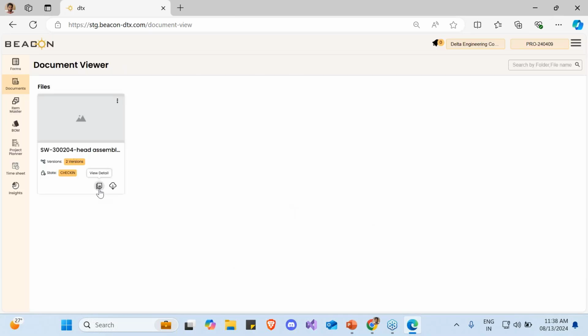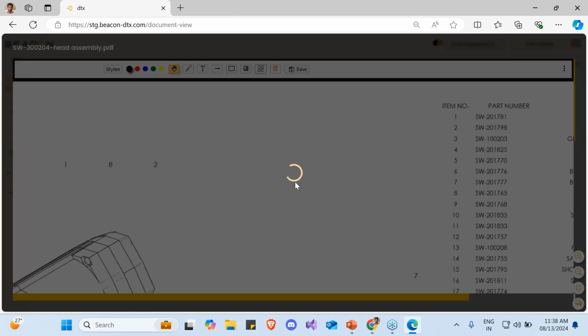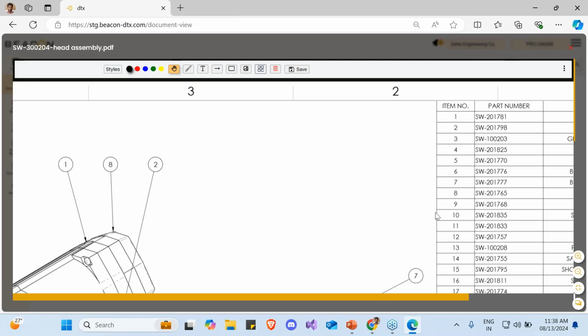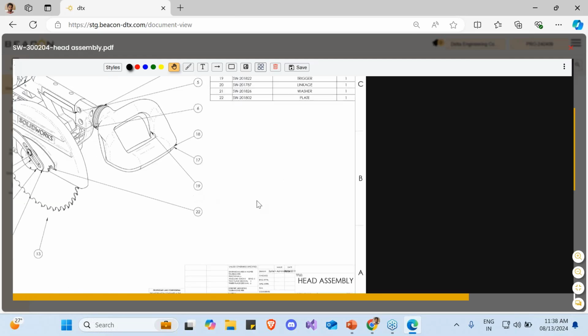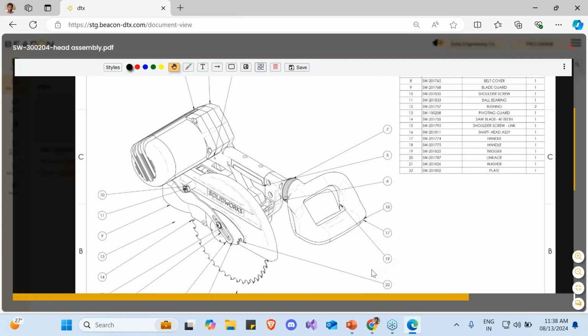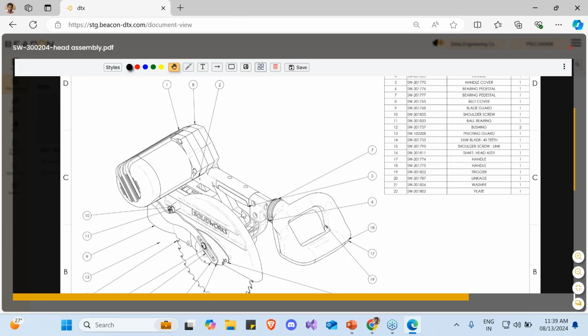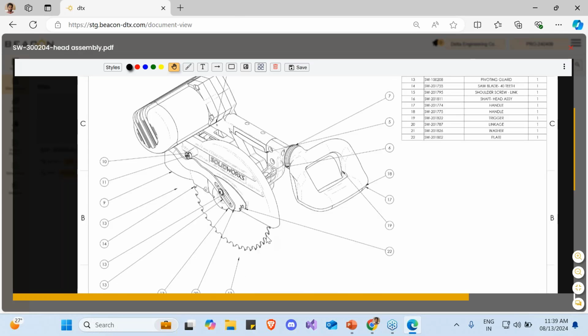The other way is with the help of the annotation. So let me just go and do the annotations here. Let me just zoom it out. Now, let's say in this particular design, there is one particular change that I cannot do as a vendor. So I'm currently in the vendor role, and I'm supposed to be working with Delta Engineering to develop one of the components for this particular design.